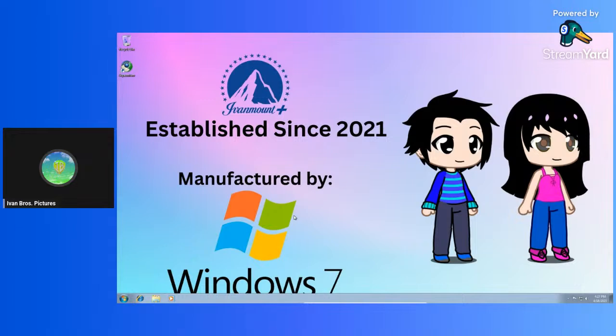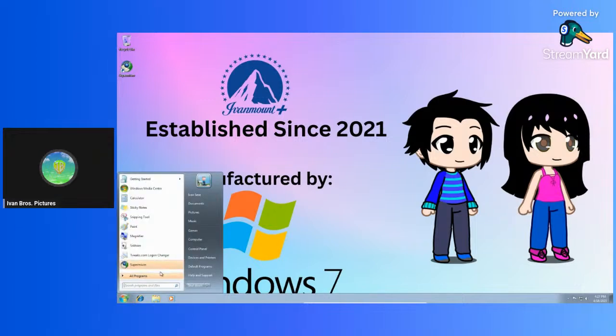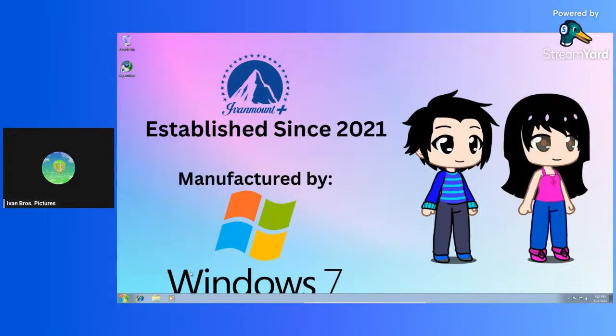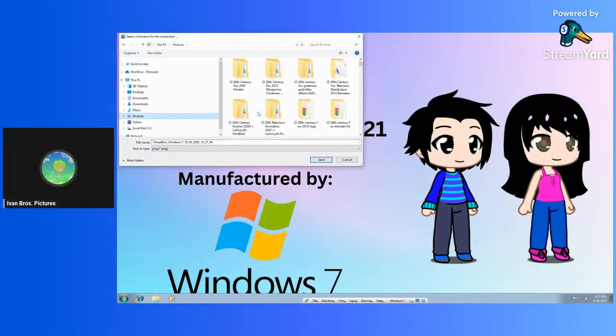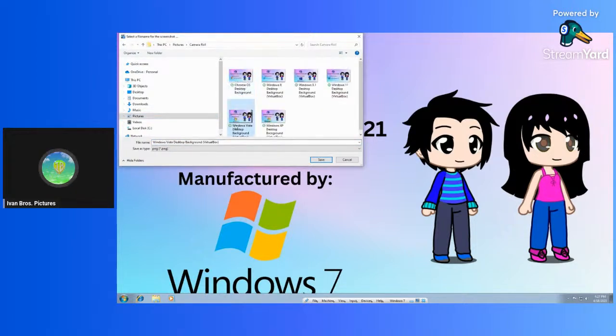So anyway, we're not going to uninstall Supremium. However, if you go here on your desktop, as you can see, it's right here. On the bottom, we're going to click on View, then click on Take Screenshot. Then I'm going to save this to my camera folder for easy access. And I'm going to name this Windows 7 Desktop Background,